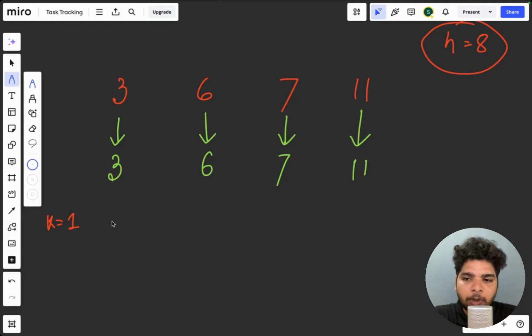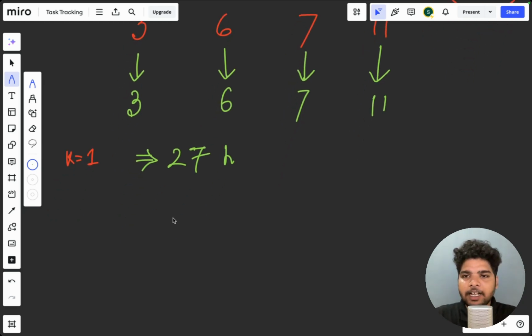Now, what is the total hour? It is just 3 plus 6 equals 9, plus 7 equals 16, plus 11 equals 27, right? 27 hours. But the maximum hours Coco is allowed to eat is 8, right? Now